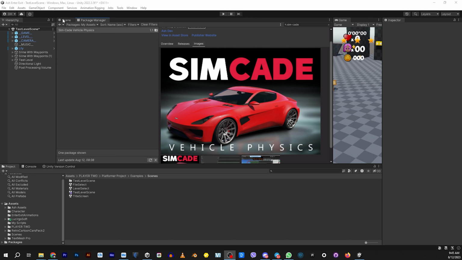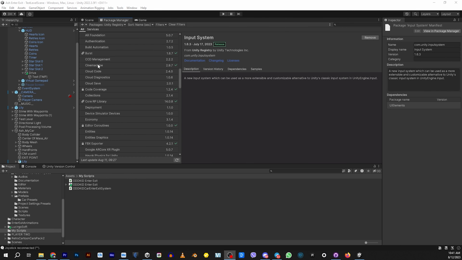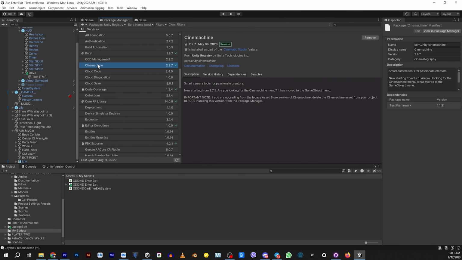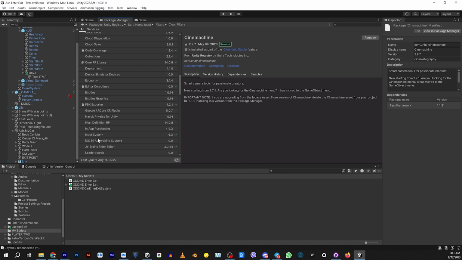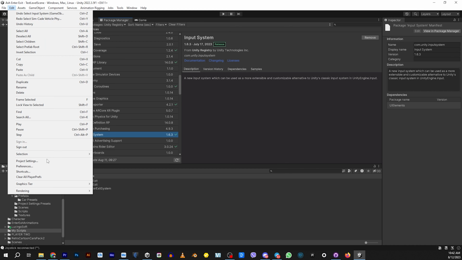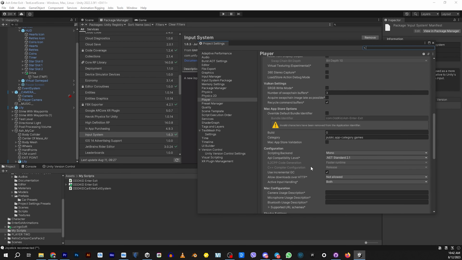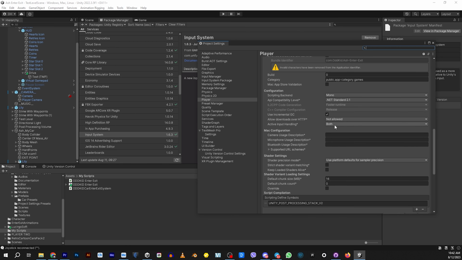set up. And for the character controller, I'm going to be using Platformer Project. For today's tutorial, you're going to need to install Cinemachine. You're going to need to install the new input system. You're also going to need to make sure that your player is set to using both inputs, active input handling